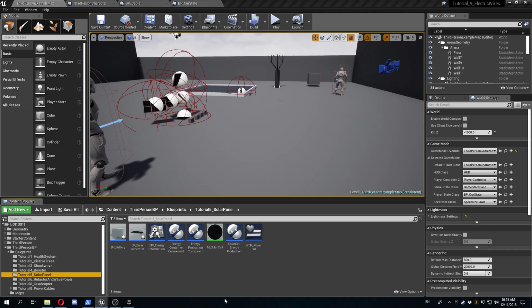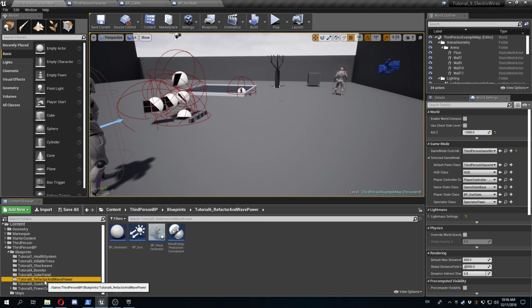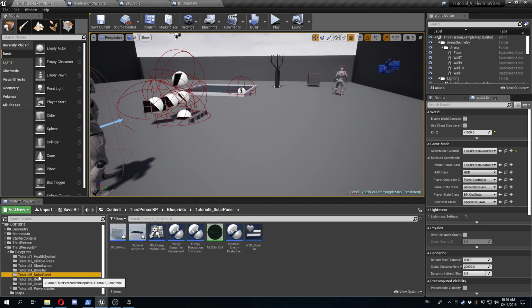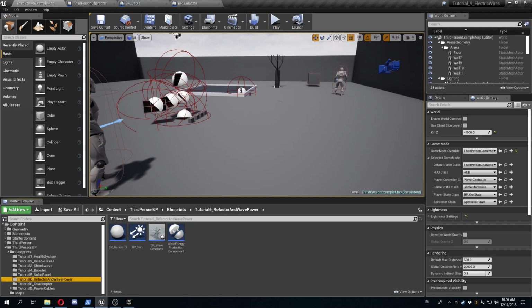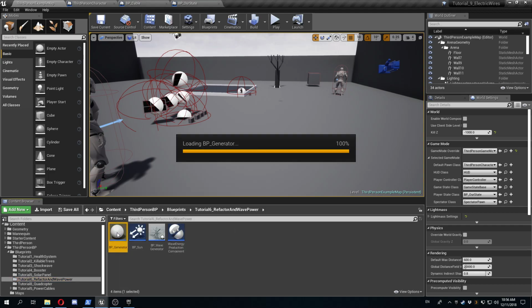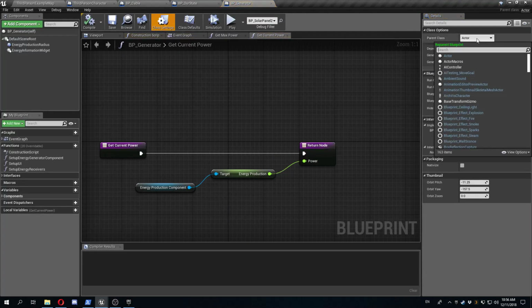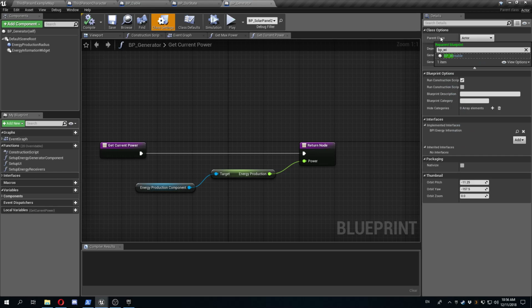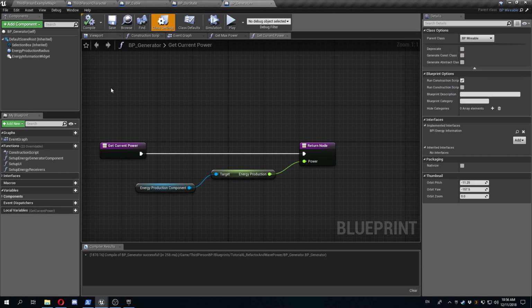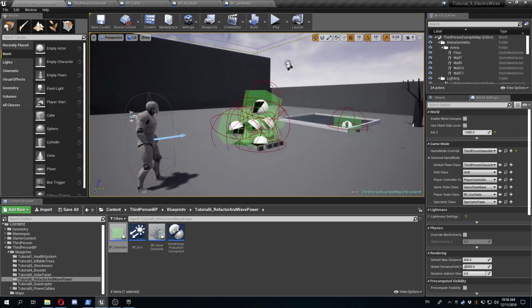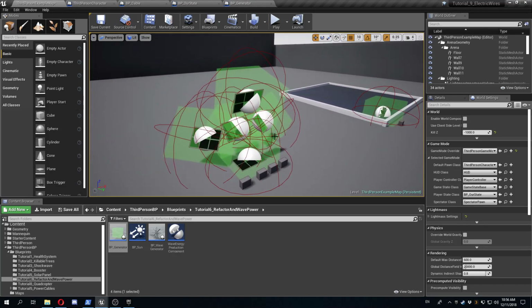So BP solar generator derives from our generator class, BP generator class, and the BP generator class we are going to change it to make it derive from BP wireable, and by changing it we managed to get some of these things to work, namely the selection box,